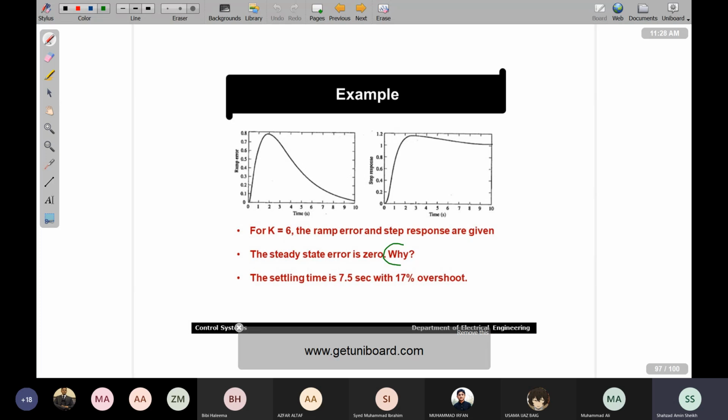Why? Why? The type number has increased. Great. What is your name? Mohammad Ali. Very good, Muhammad Ali. Because the type number is increased, that's the reason